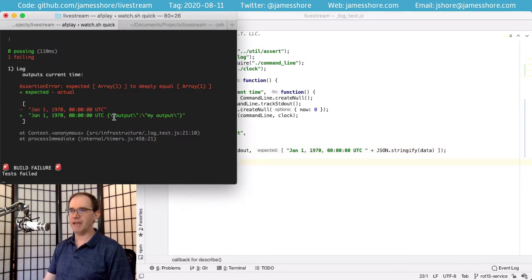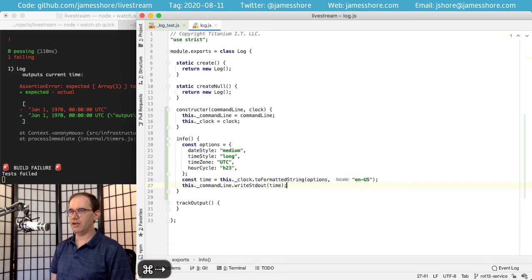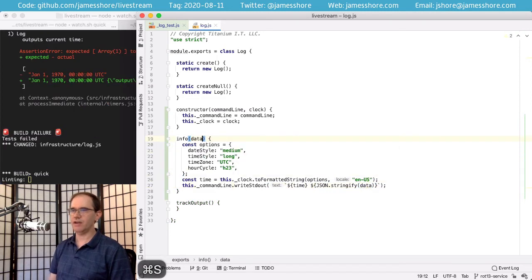Now let's just check that manually. Yeah, that does look like what we want. So here in standard out, we'll output the time, a space, and then we'll stringify the data, which we'll get in right here.